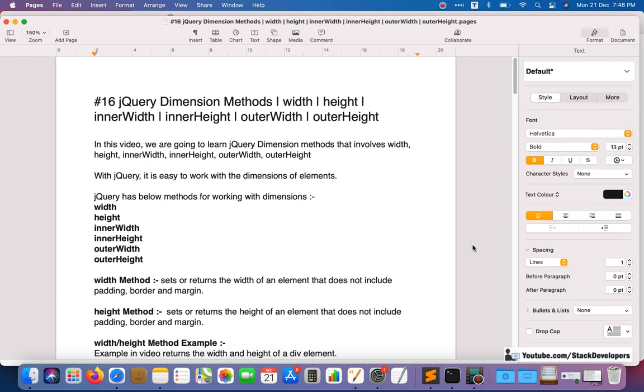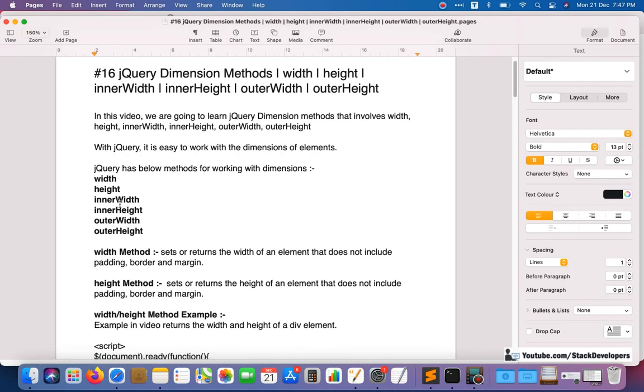Hello everyone, welcome to the jQuery series, and in this video we are going to learn jQuery dimension methods. In dimension methods, width, height, inner height, outer width and outer height come into play. One by one we are going to learn all these methods, and let's start with the width and